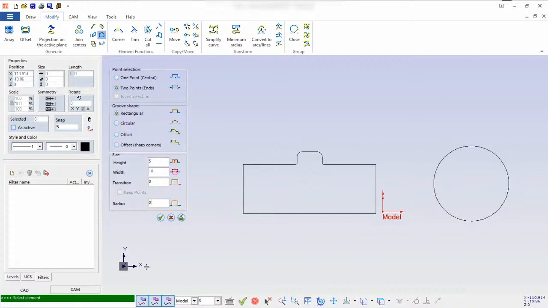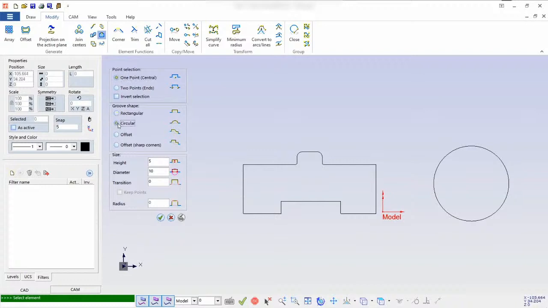Same procedure: select the element and after that select the start point of the group. After selecting the start point, it will ask for the end point selection. When you click on the end point, it will ask for the direction in which it needs to create. When you confirm the direction, it automatically creates the group and you can apply and confirm to continue the same